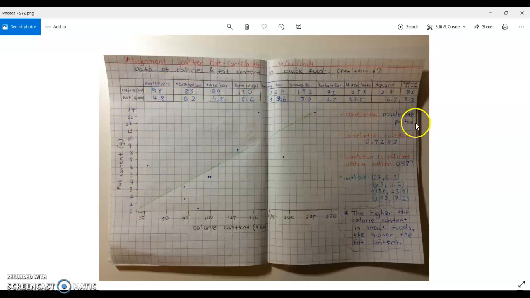They describe the correlation. They work out the coefficient. They remove the outliers and work it out again. They tell me what the outliers are, and then they give me the correlation in context, what it means. So the higher the calorie content, the higher the fat content. So they are positively correlated. So that's a really good one, and I'll certainly put that one up for you to